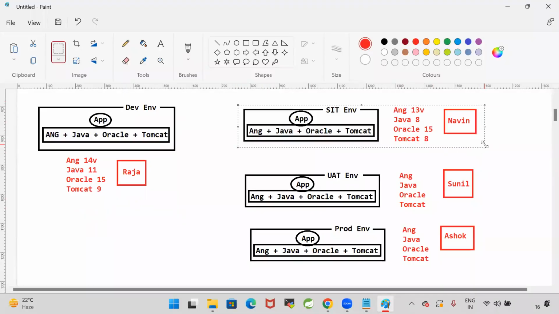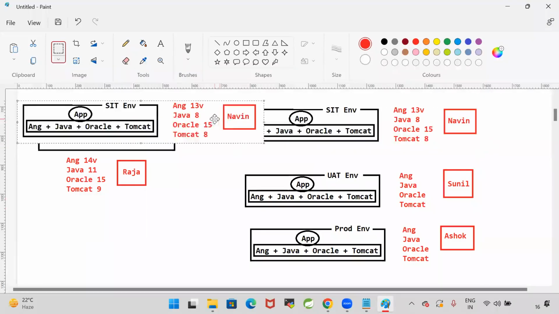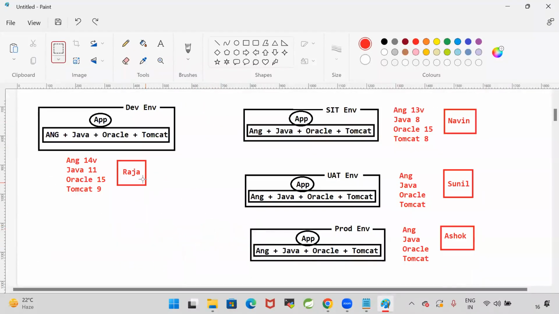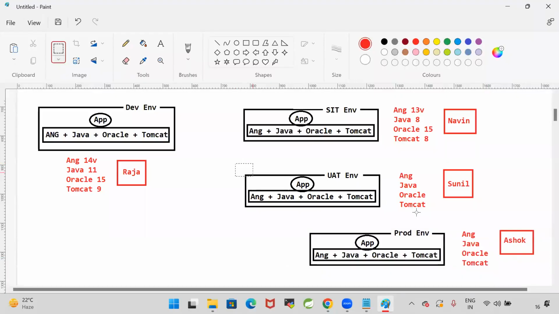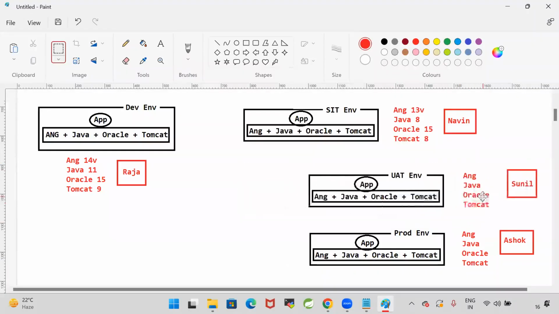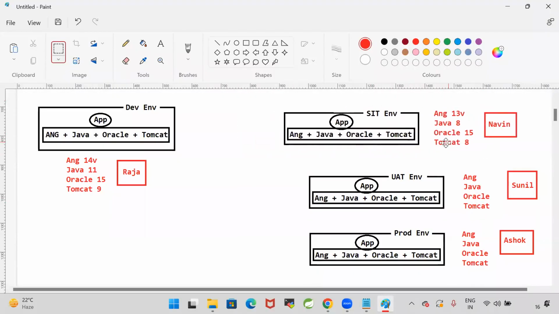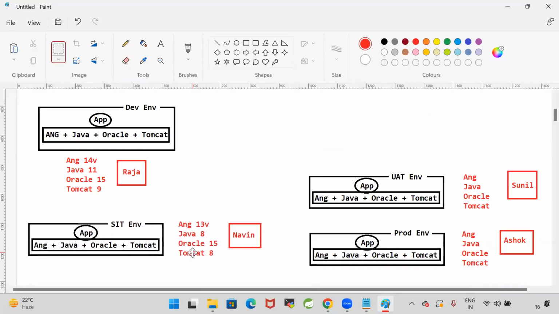So now, in the DevOps team, multiple team members are available. Assume that in our DevOps team, multiple team members are available: Raja, Ashok, Sunil, and Naveen. These all are DevOps team members. Now everybody is getting a task. The manager has assigned one task to Raja to set up the dev